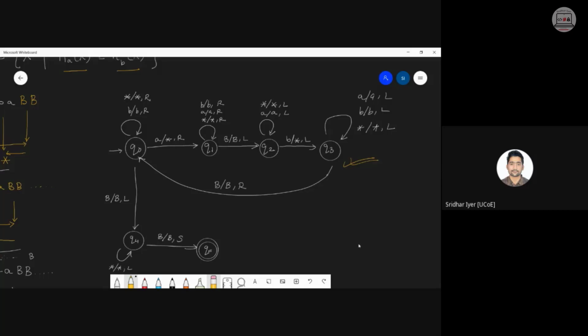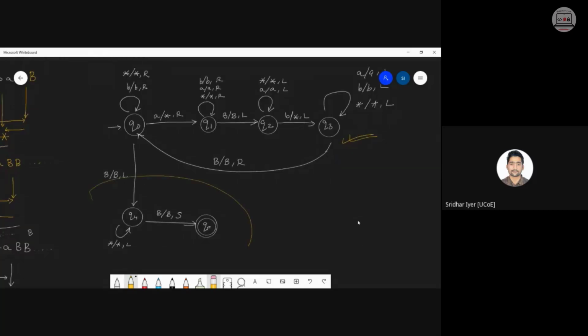The only question lies over here in this part. Do I need this part? Yes or no? The question is number of A's should be more than number of B's. So there is no question of checking whether A has a corresponding B or not. What I want to make sure is, once the machine is in Q0 state, it should go till Q1 and then go till Q2. Am I clear what I'm trying to say?